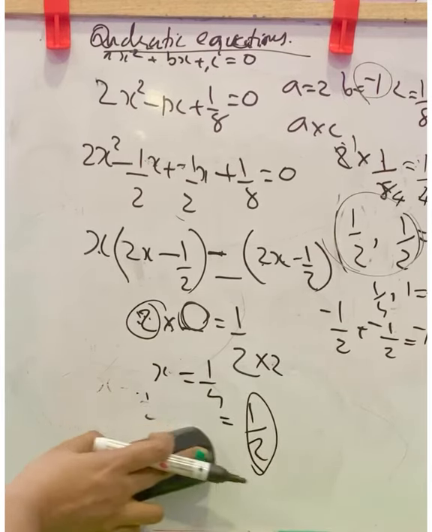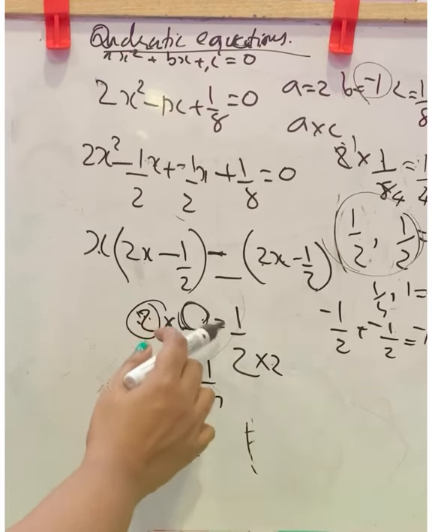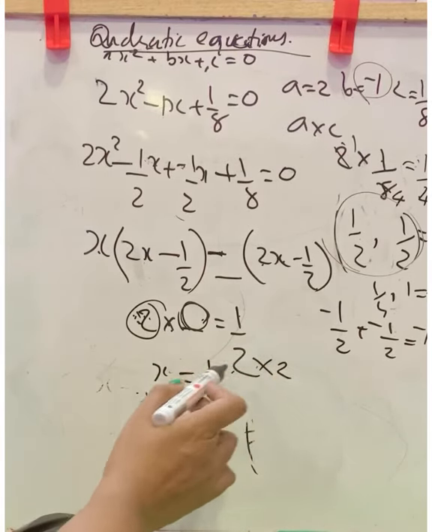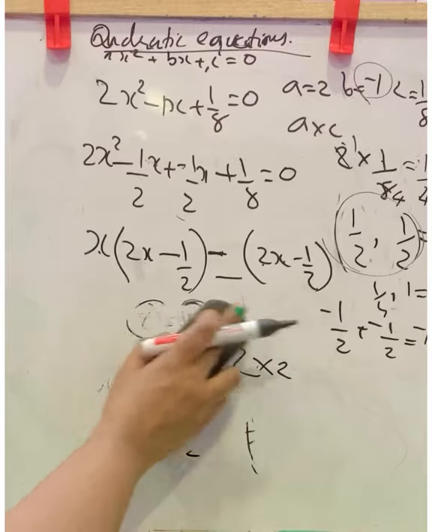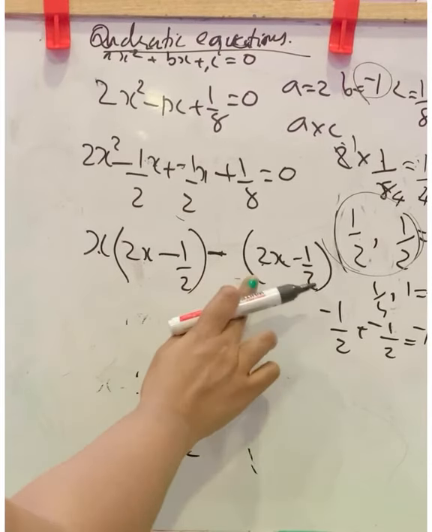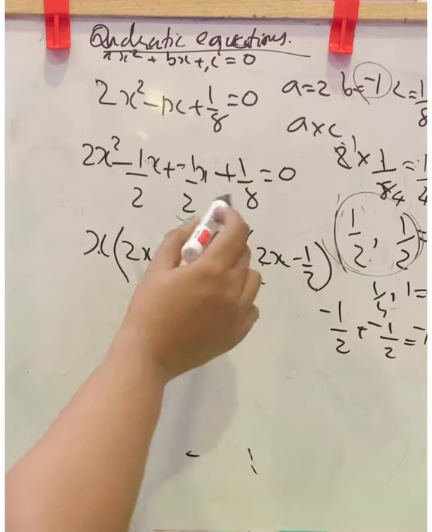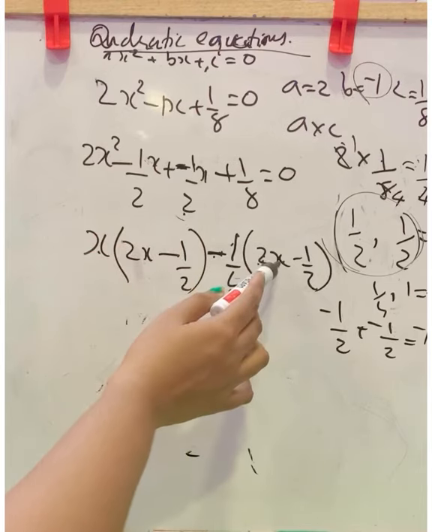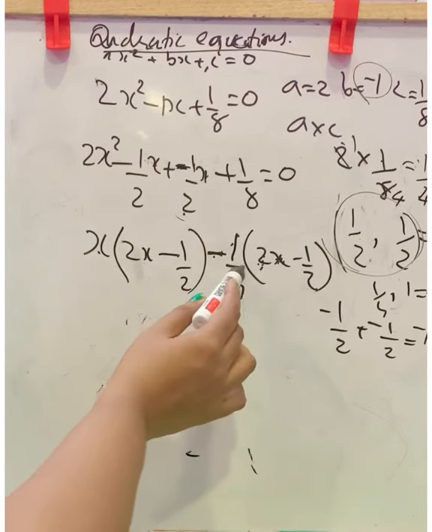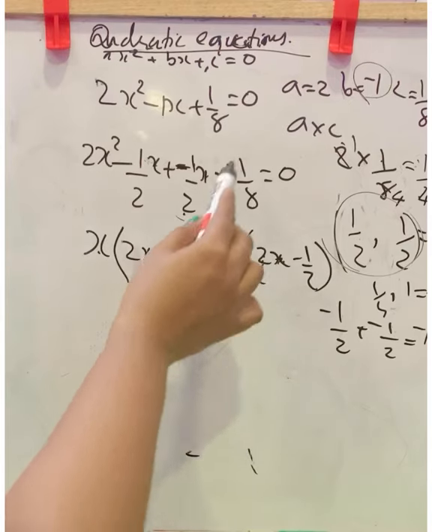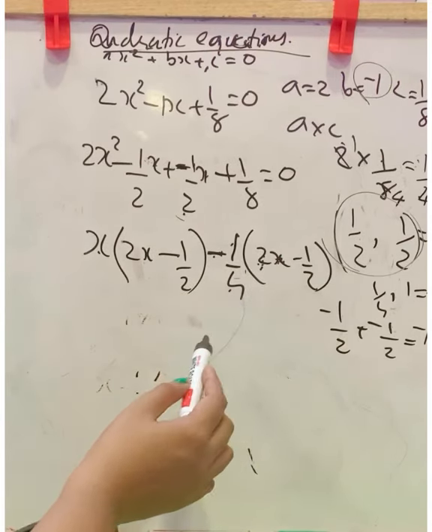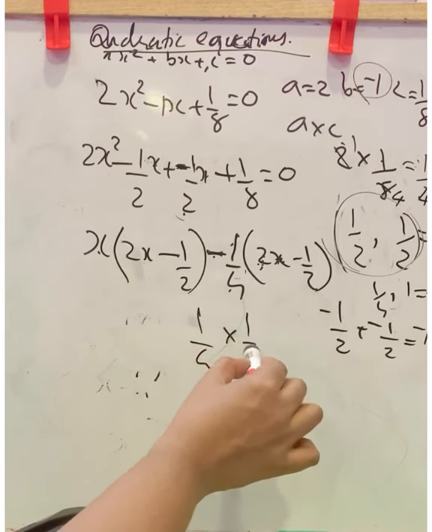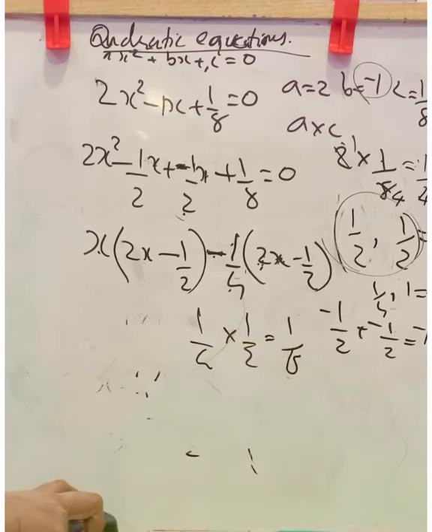So to get that, what did you do? You check 2 into what is 1 by 2, then take this 2 to RHS. It goes to the denominator, that is how you get this answer. So you will write here 1 by 4. Negative into positive, negative answer. 1 by 4 into 2 is 1 by 2. Here x is already there, so don't write x here. Now check it with the last term. Negative 1 by 4 into negative 1 by 2. Negative into negative, positive. 1 by 4 into 1 by 2 is 1 by 8. Yes, we got it.